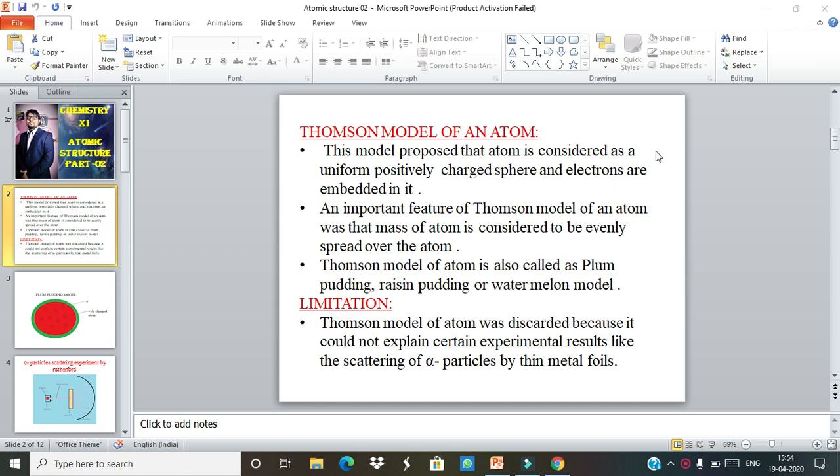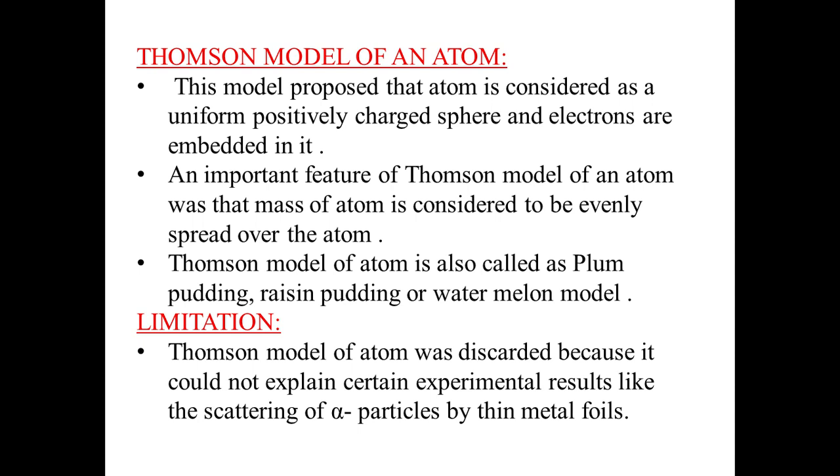So this is about the Thomson model. We briefly explain this model, which was given by J.J. Thomson. According to J.J. Thomson, the atom is like a positively charged solid sphere having negatively charged electrons, just like the black seeds of a watermelon. So it represents a static model, and that is the biggest drawback of this model: the electron is not in motion. The electron is static in this model.